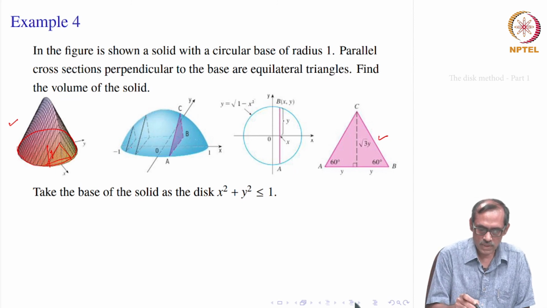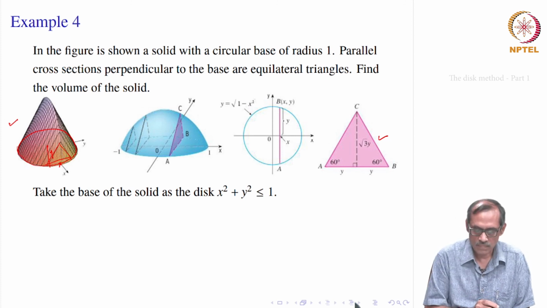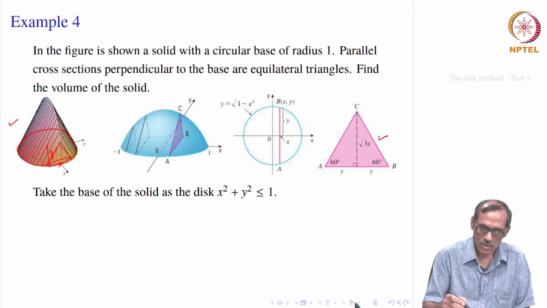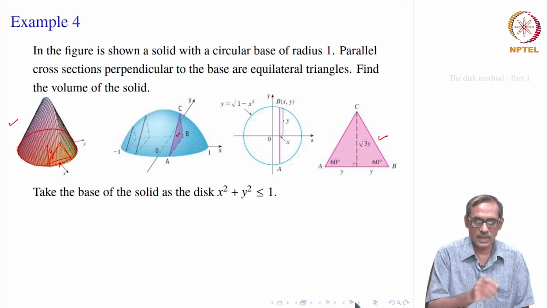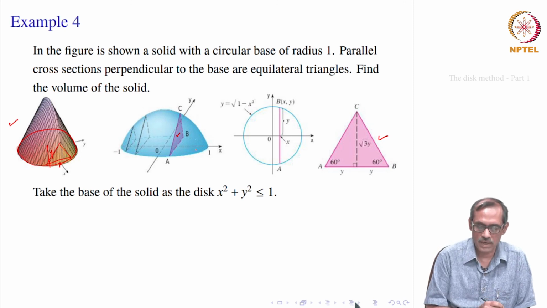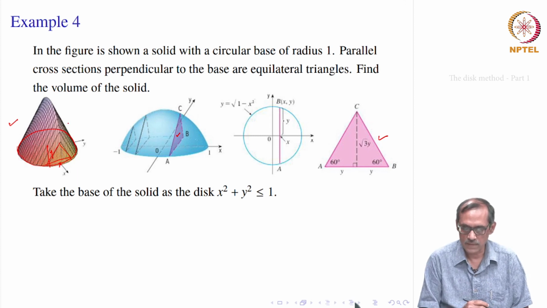So, what we do? We look at it in a different way, take the axis as x axis, which goes through its middle in the base. So, let us take that as the x axis. Then you look at this triangle which is formed, which is pink here, colored in the second picture. That triangle is an equilateral triangle, and everywhere it becomes an equilateral triangle. That is how it looks, and you have a circular base. Okay. So, I think the pictures depict it correctly.